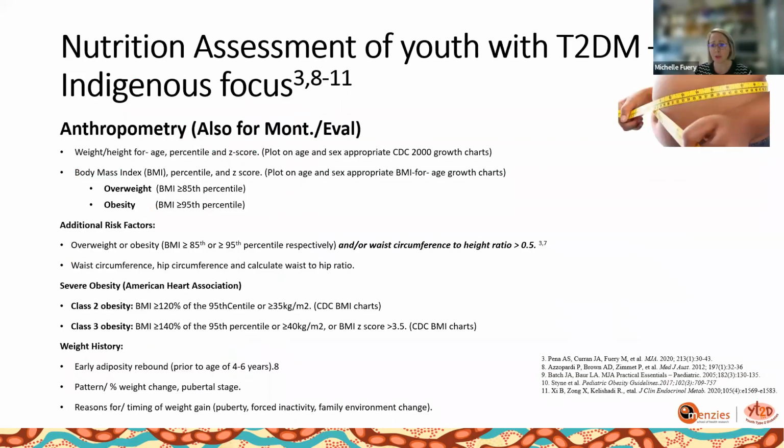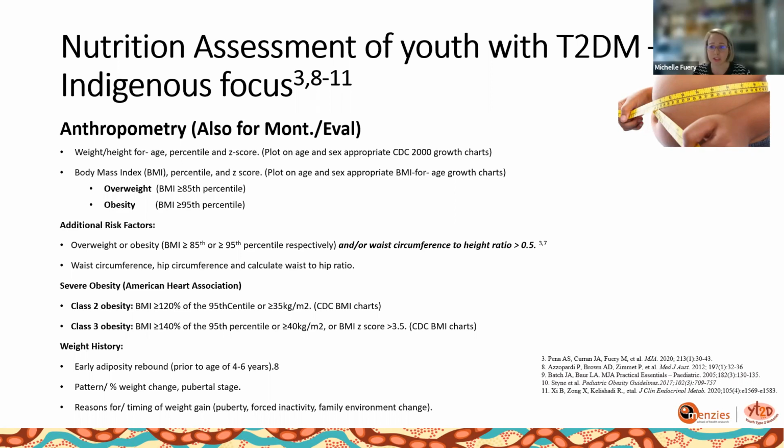In the nutritional assessment of youth with type 2 diabetes, weight, height, and BMI percentiles and Z-score for age are used to determine overweight and obesity status. It is important to note that BMI is not static in children and adolescents, and is based on the child or adolescent's age, so it changes as they grow. BMI has limitations in that it cannot differentiate between muscle and adipose tissue, and therefore cannot differentiate between excess adipose tissue and increased lean body mass when classifying a child as overweight or obese.